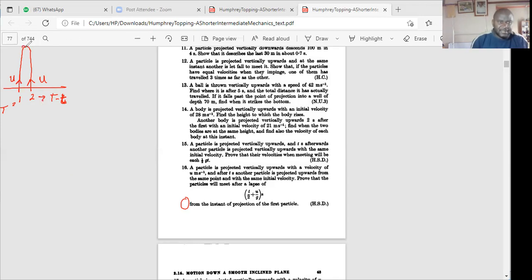So if they have collided here, they have collided there. The question is saying, and after t seconds, another particle is projected upwards from the same point with the same initial velocity. Prove that the particles will meet after a lapse of that time. When they meet, this is the condition. When they meet, they are at the same height. So from s is equal to ut minus gt squared over 2. The first particle has distance